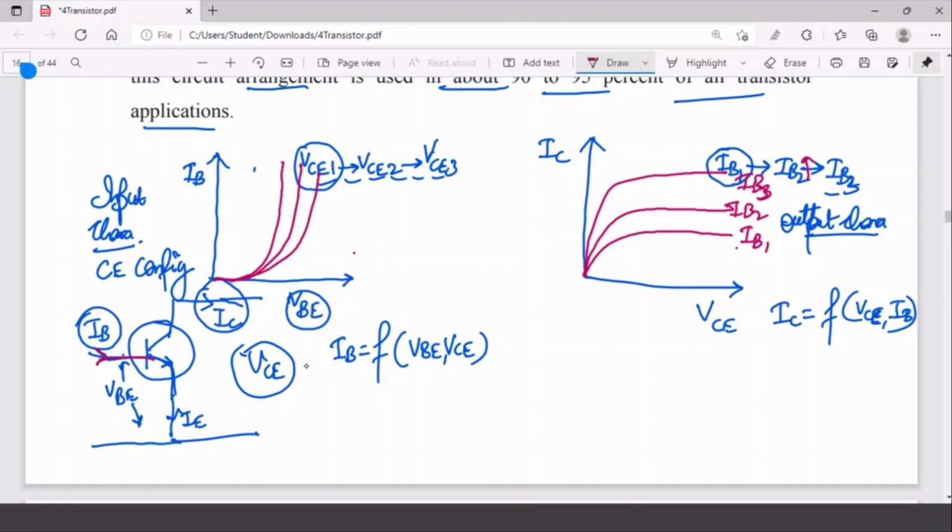The family of curves. Similarly, here also this is the family of curves. Now this region here, the collector, since output is something which we are focusing on, is known as the linear region, in which IC is linearly varying with respect to VCE. After which, what is happening? You can clearly see the current is almost becoming constant. For any further increase in the value of VCE, there is not much change in the value of IC. So this region is known as the saturation.